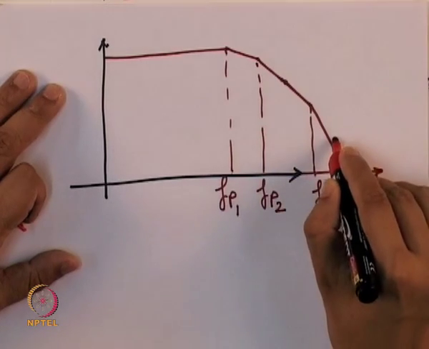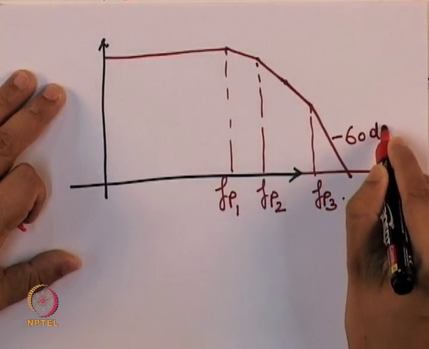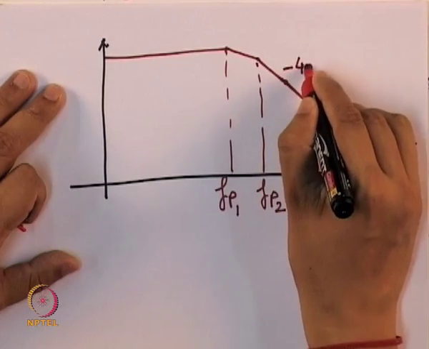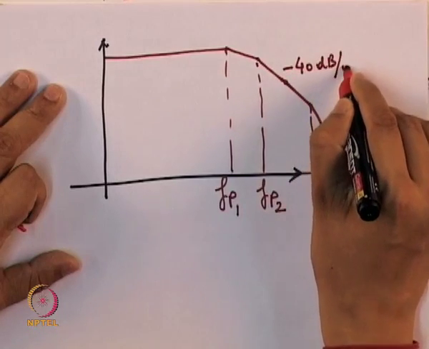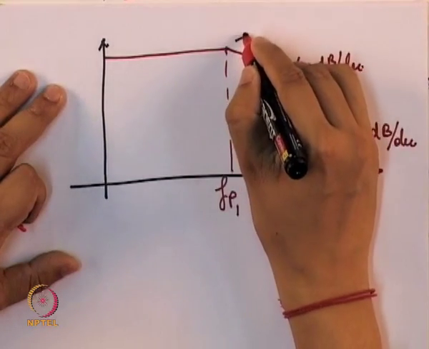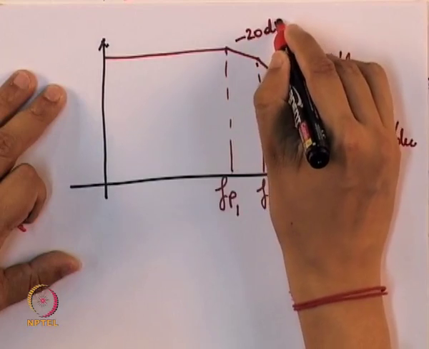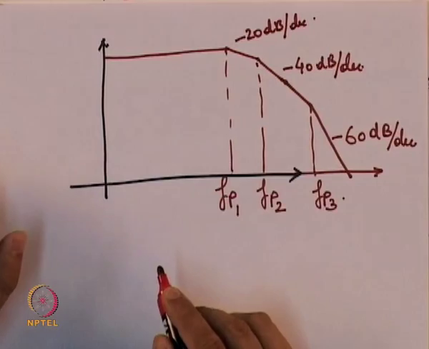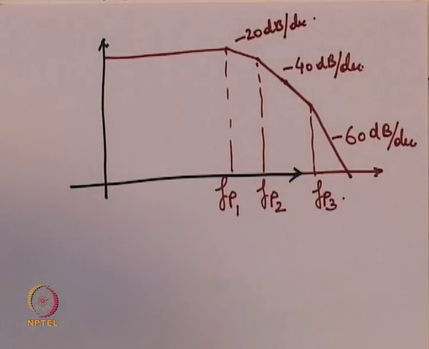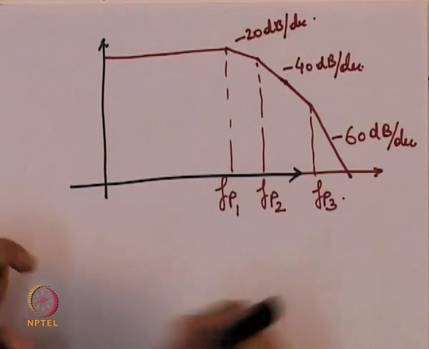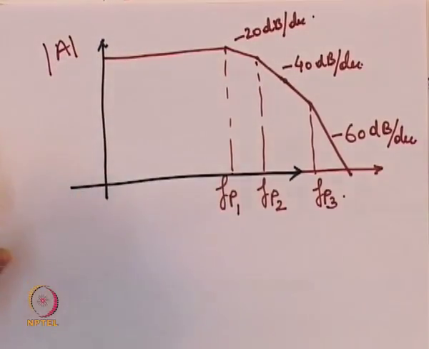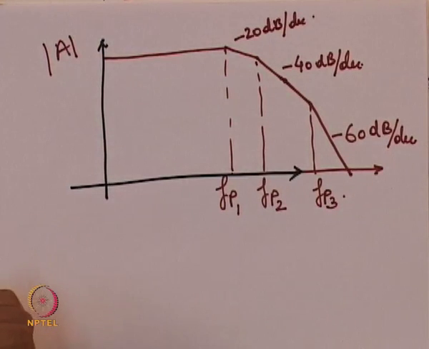So, this is my minus 60 dB per decade, this is my minus 40 dB per decade, and suppose my feedback line. So, this represents my open loop transfer function, and say my gain plot,